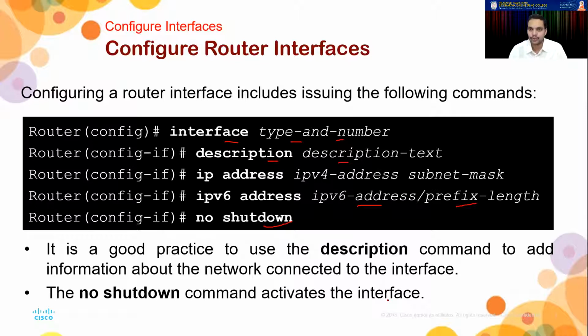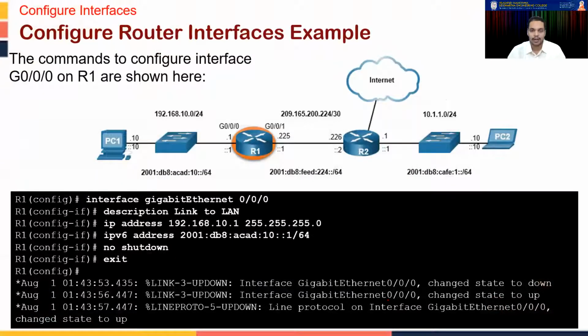So in order to get a better understanding of this, let me show you a couple of examples. Once again, consider this is my router R1. So first I'm going to configure the interface of this particular one, G0/0/0, this interface. First I need to specify which interface I'm going to configure. So interface gigabit Ethernet G0/0/0. Usually, practically speaking, I simply write down interface G0/0/0. That should be sufficient. I need not type in the entire thing, but it's up to you. If you are going to make it a good practice, type in the entire name of the interface. Interface gigabit Ethernet 0/0/0. And then I'm saying that it's a description, link to LAN.